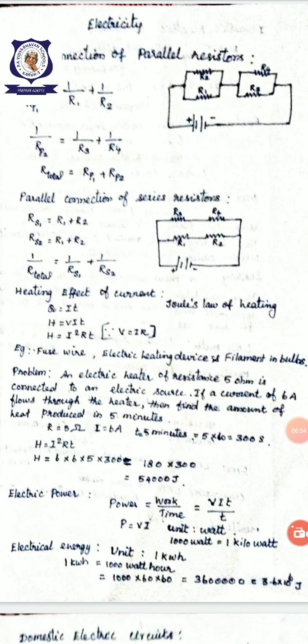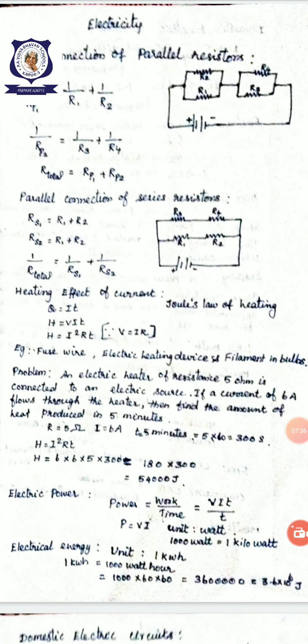How? We know H is the heat produced. Power P is equal to V into I. So the heat is power into time, that is, the watts of power produced in 1 second, and so on for T seconds. Let us consider T as the time of flow of current. So H is equal to V into I into T. But according to Ohm's law, V is equal to I into R. So H is equal to I square RT.